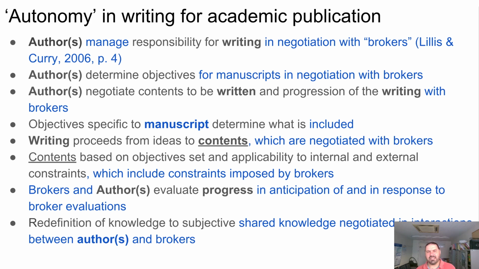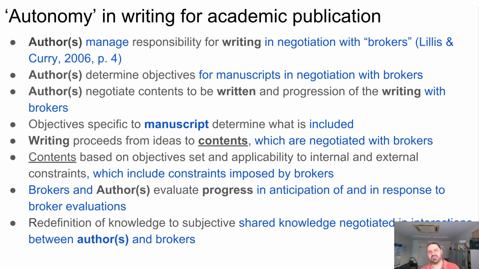Writing proceeds from ideas to contents, and those are negotiated with brokers. Contents are based on objective set and applicability to internal and external constraints, which include constraints imposed by brokers. Brokers and authors evaluate progress in anticipation of and response to broker evaluations. And there is a redefinition of knowledge to subjective, shared knowledge negotiated in interactions between authors and brokers, as opposed to individual author knowledge. So the authors aren't the ones who hold the knowledge, but rather the knowledge exists in the interaction between